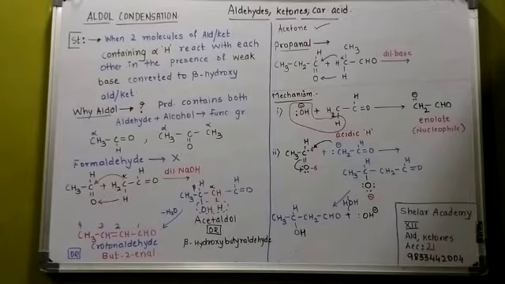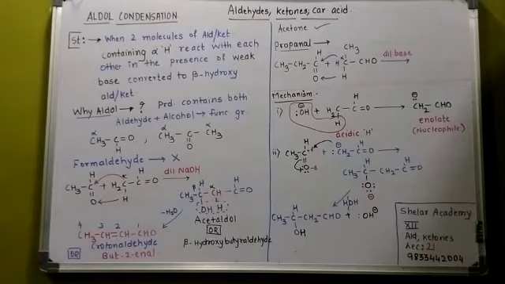Okay, see I have written again how the reaction takes place with propanal. Next molecule का, second molecule का, you have to consider the alpha hydrogen of that, and then the migration takes place. That is how the reaction takes place with propanal. Now, so that is called aldol. Okay, what is the application? It is used to prepare unsaturated, मतलब double bond जिसमें है unsaturated aldehydes and ketones. That is the application of aldol condensation.